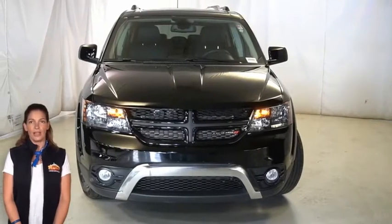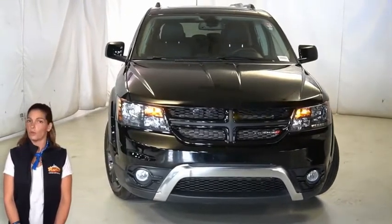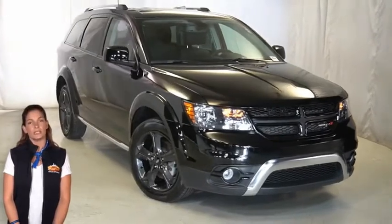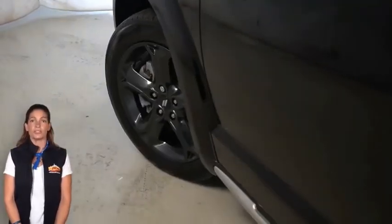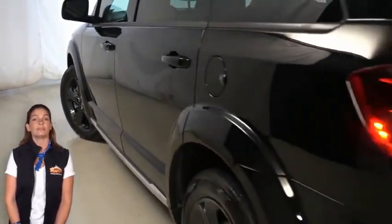Are you looking for a highly equipped compact SUV with superior functionality and comfort for the whole family? Then you've come to the right place. Take a look at this certified pre-owned 2019 Dodge Journey Crossroads in pitch black clear coat with halogen quad headlamps,